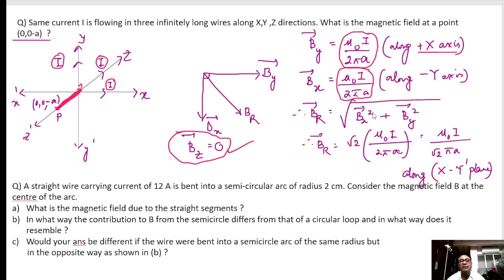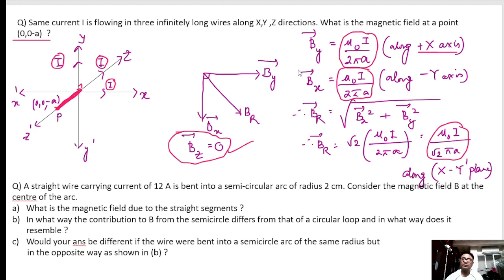So what is the resultant magnetic field? It is the square root of Bx squared plus By squared. So putting the values, this is the current and this is the magnetic field. Let us see. The magnetic field due to the Y axis, the current is going up, will be along this,